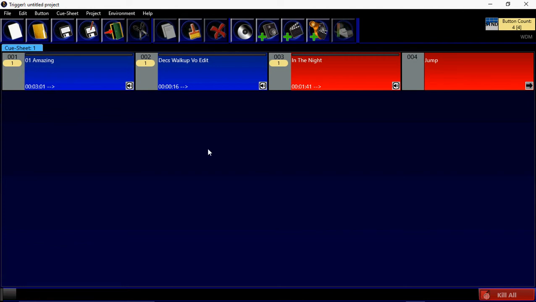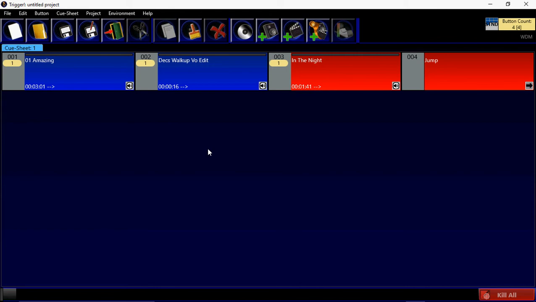Today I'm going to talk to you about syncs and jumps. Now, sync points allow you to set a point within your piece of music or audio, whatever it happens to be, that's associated with a button, and at that point you can cause that to trigger another button, and that other button, the target button, may send a MIDI command to a lighting desk, or it may just simply fire